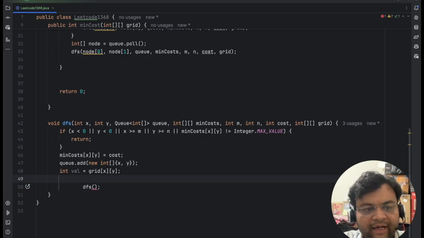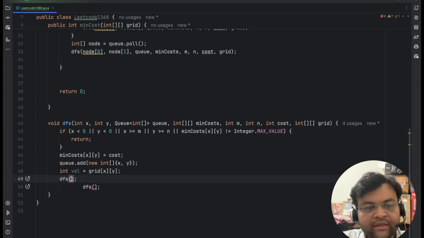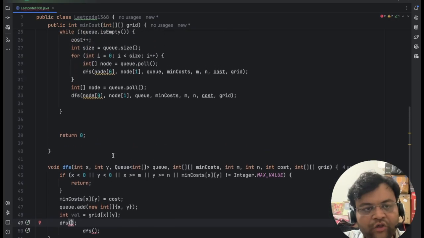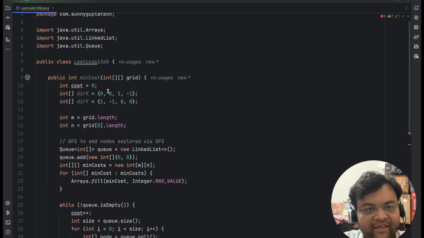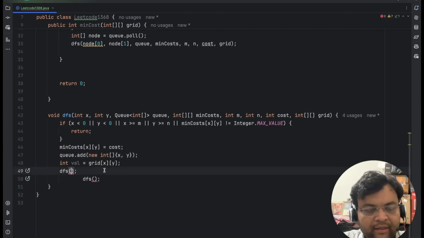Now we need next x and next y, right? Since the values in this grid are 1 2 3 4, but we need to map it to 0 1 2 3, since our directions support this, so we'll say value minus 1,